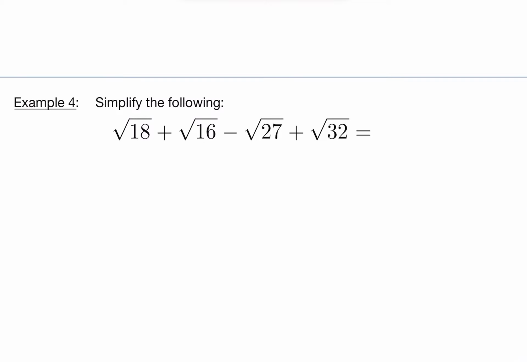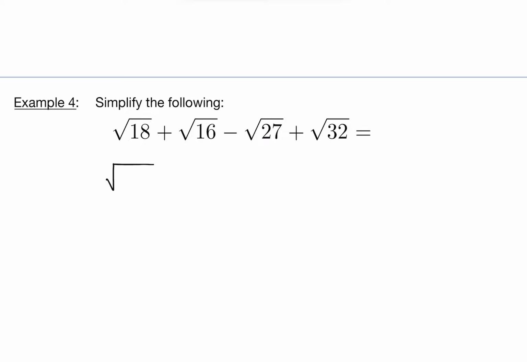We have the square root of 18 plus the square root of 16 minus the square root of 27 plus the square root of 32. Okay, so the strategy in doing this problem is no different than what we did earlier in the previous examples. We're going to simplify each term and then figure out if there are any terms that can be combined together. Okay, so square root of 18